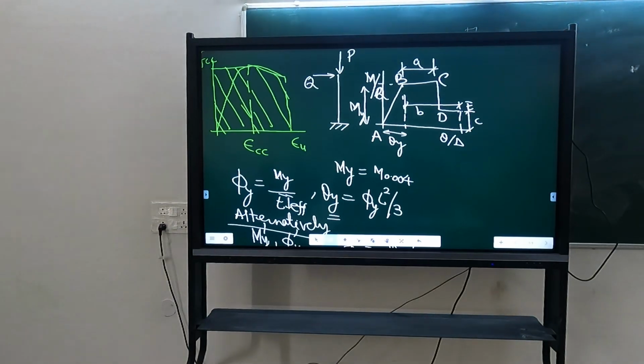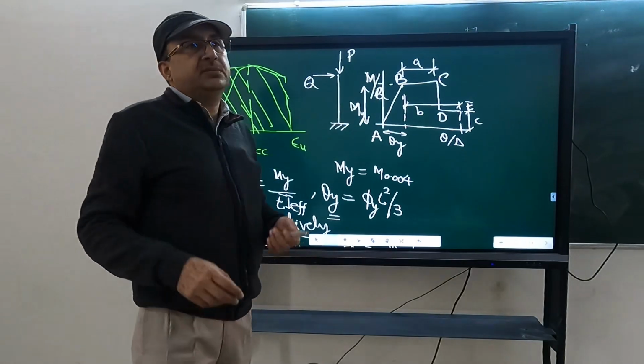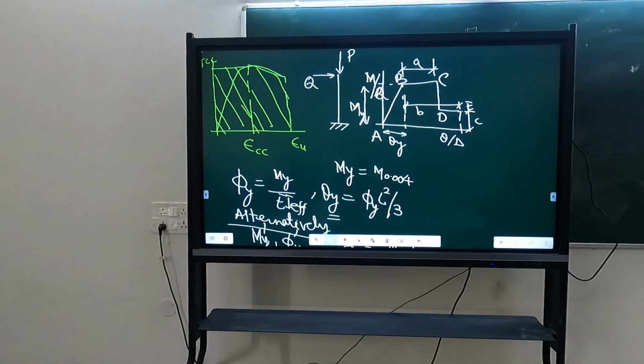Stiffness in different cycles will also go on decreasing. Up to point B it is elastic, it will remain the same. So cyclic degradation and pinching we cannot represent in this curve, but we can represent degradation of strength and ductility